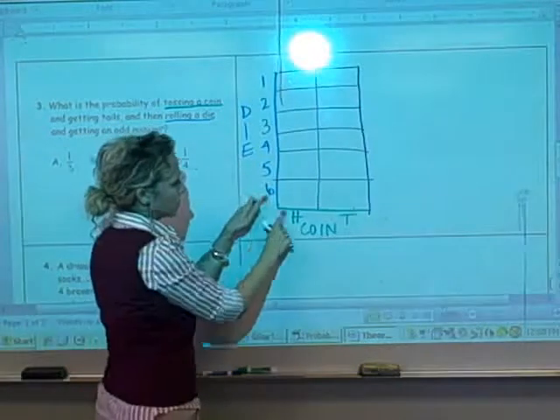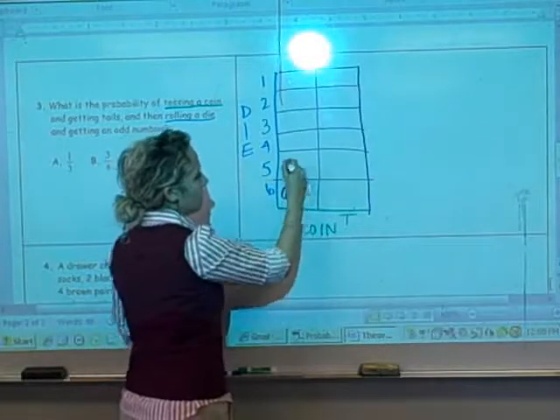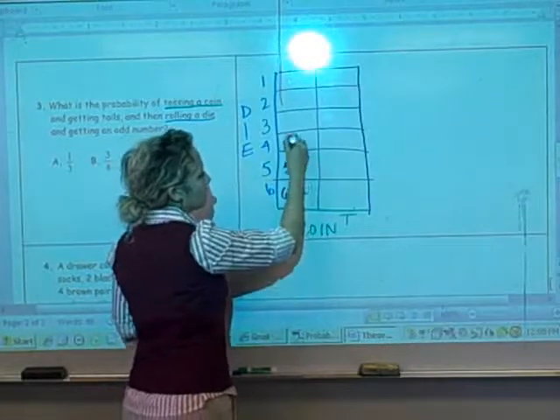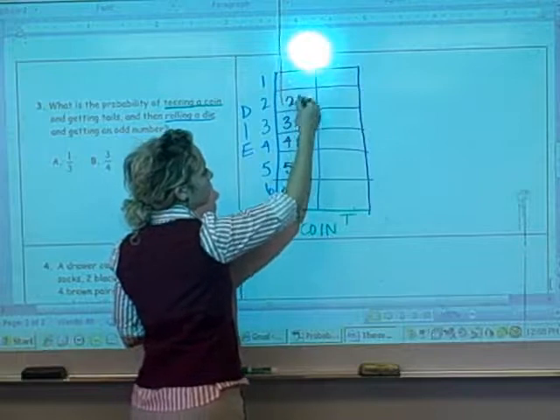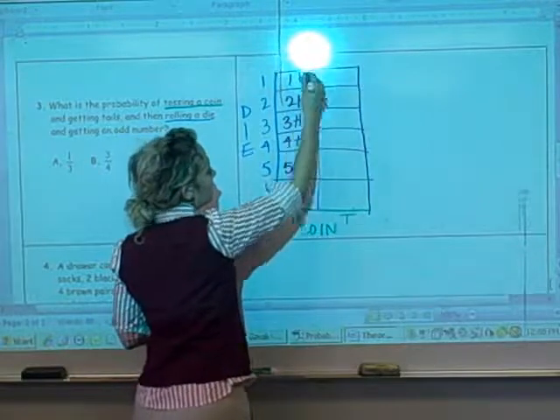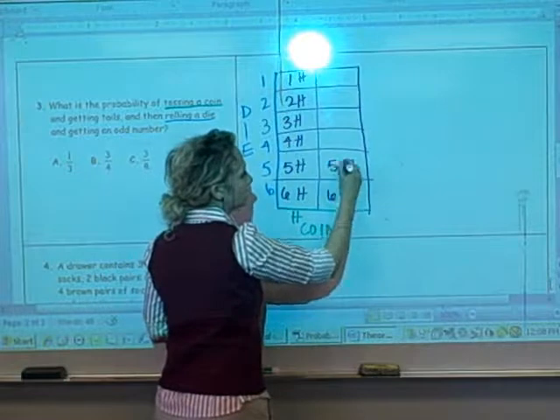So this one would be a 6 and a heads. So I'll say 6H, 5 and a heads. So I'm just going to go through and fill out the rest of this table. You do the same. And then my 6 and tails, 5 and tails,